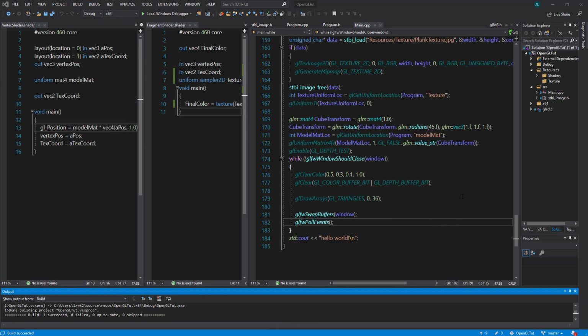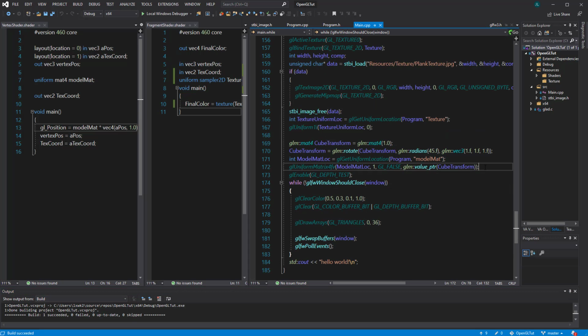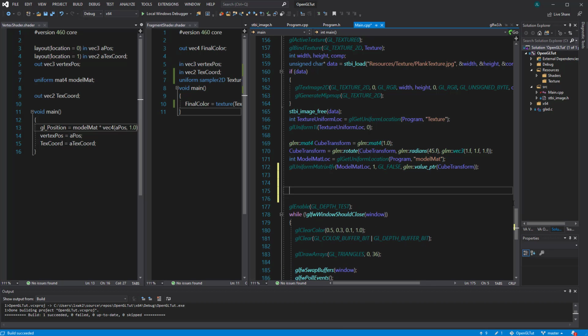So basically we need two more matrices to do that, okay? We need one matrix to move the model back. And we need another matrix to actually do the perspective projection. So let's do that. First thing I wanted to do is to make it go a bit farther, and that's just need another matrix to multiply with. So I'm gonna do a GLM mat4, and then I'm gonna call this view